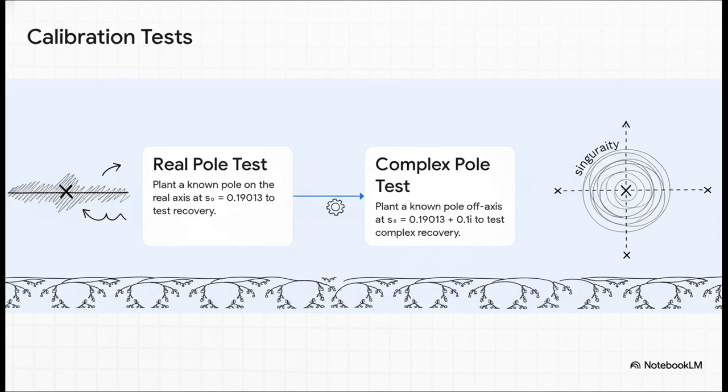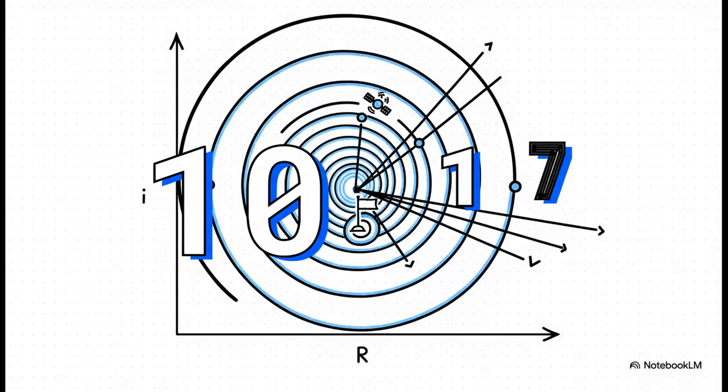Then came the big one, the new test. We planted a genuinely complex pole off the axis at 0.19013 plus 0.1i. The question was simple. Can this engine actually find a target that's not on the real line? And the result? Just perfection. In both of those tests, the engine recovered the exact location of the planted pole with machine precision. We're talking an error on the order of 10 to the minus 17. The probe was certified. Our detective was now confirmed to be stable, accurate, and totally ready for the real investigation